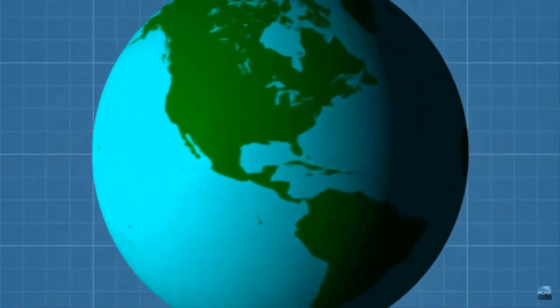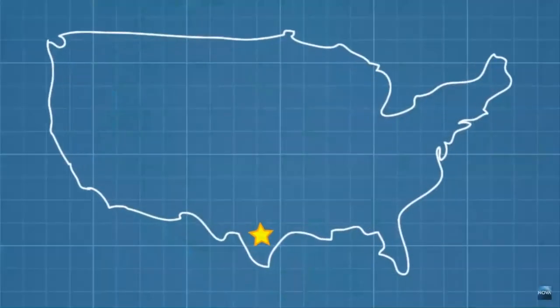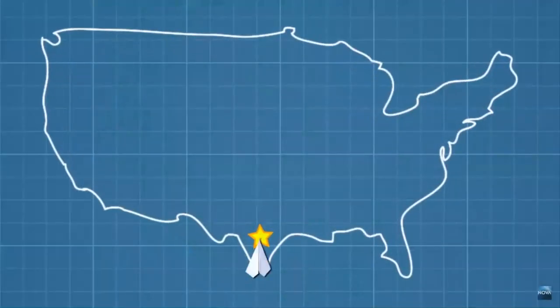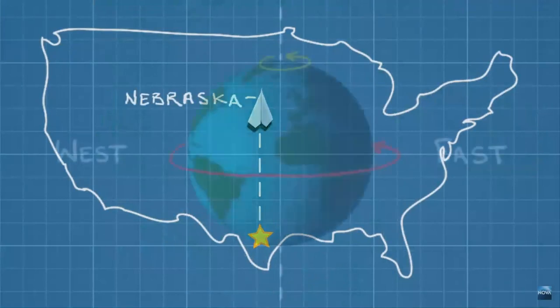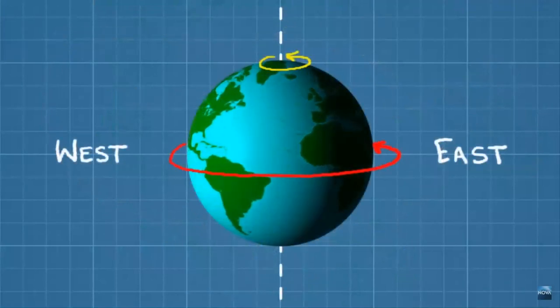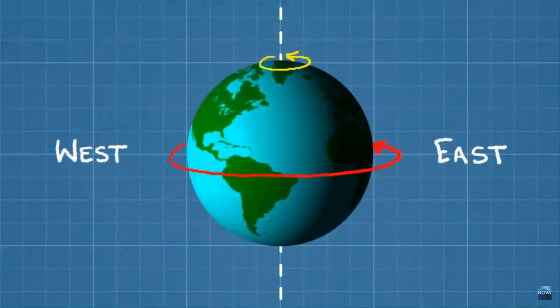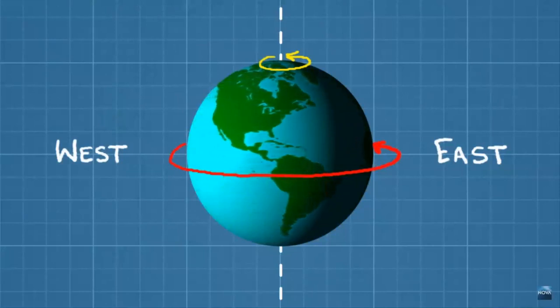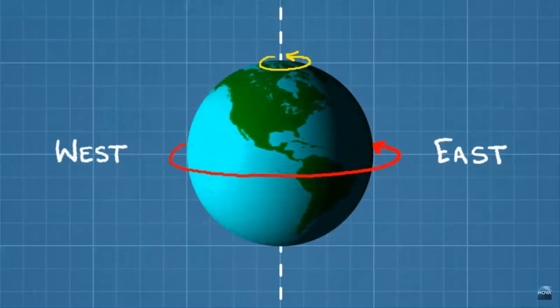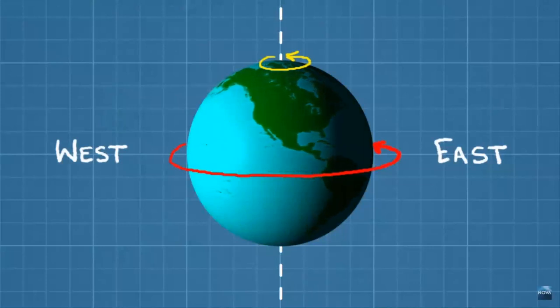More distance to travel. So imagine you were in Texas and had a magic paper airplane that could travel hundreds of miles. If you flew your airplane directly northward, you might think it would land straight north, maybe somewhere in Nebraska. But Texas is actually spinning around Earth's axis faster than Nebraska is, because it's closer to the equator. That means that the paper airplane is spinning faster as well, and when you throw it, that spinning momentum is conserved.